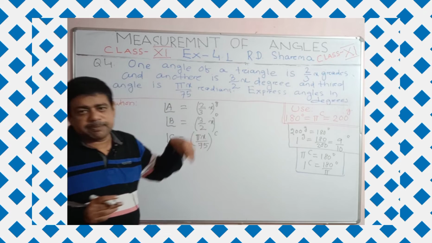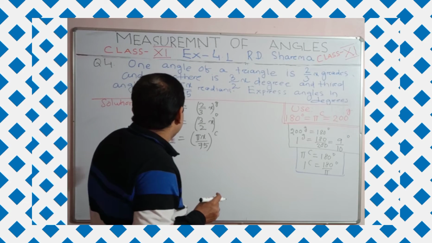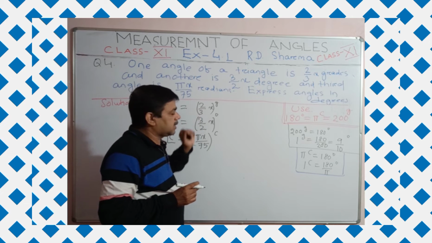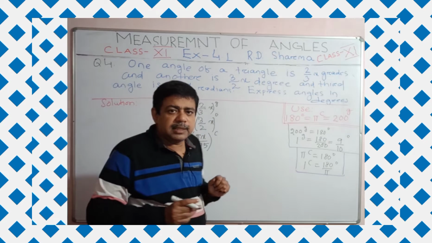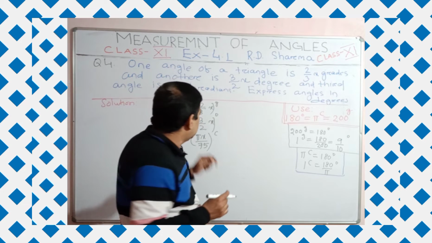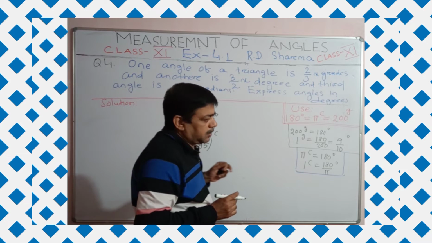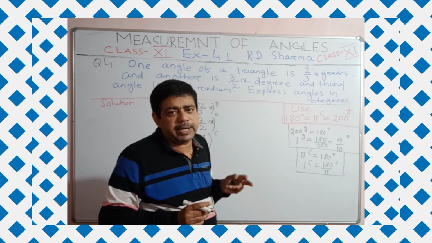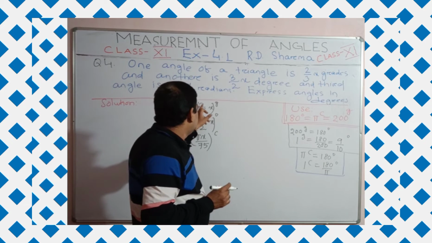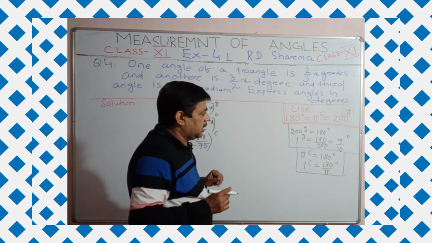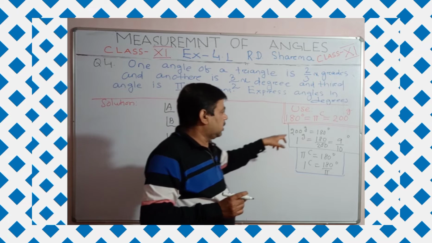We have to express all the angles of the triangle in what? Degree. And here you see angle A is given as 2 upon 3x grade, and angle A you have to express in degree. What to find out? We have to express the angles of the triangle in degree. Here angle A, which is 2 upon 3x grade, is given in grade. So let us convert this angle from grade to degree according to this relationship.